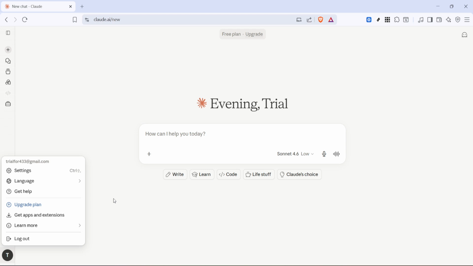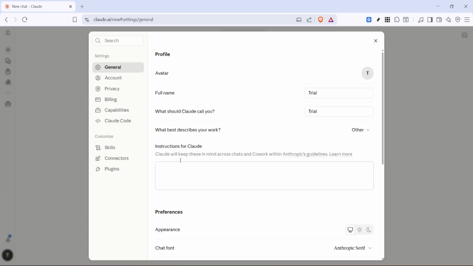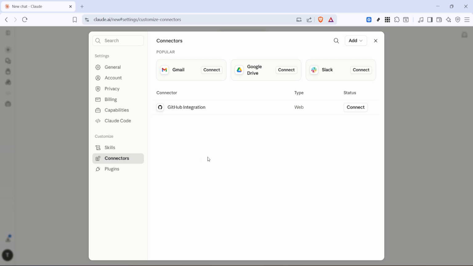This will take you into the main settings page, where you can adjust how Claude works and manage connected tools. If you don't immediately see the section you need, don't worry. The settings area usually has multiple categories, and we're heading into the one specifically meant for integrations. From there, click on Connectors. This section is where Claude lets you manage external connections and add tools that can expand what it can access and help you do. Since Jira is part of the Atlassian ecosystem, this is the correct area to continue the